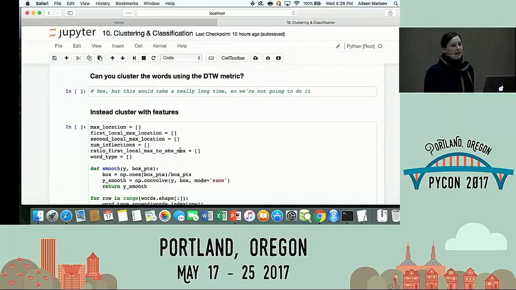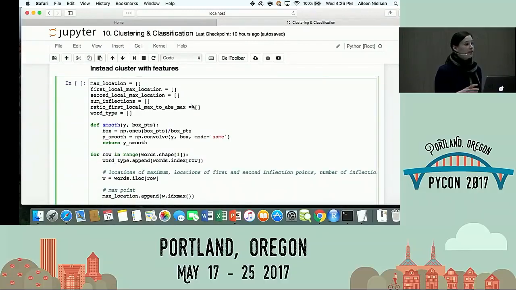In reality, dynamic time warping is what you might do in a perfect world, but feature selection is so much faster and so much more intuitive when you're trying to explain the model that people often go with feature selection. A nice thing about feature selection is it also gives you more opportunities to incorporate domain knowledge. Dynamic time warping is more automatic, right? You just match things up and warp time to make them fit each other, but that doesn't give you the opportunity to say what you know about the subject, right?